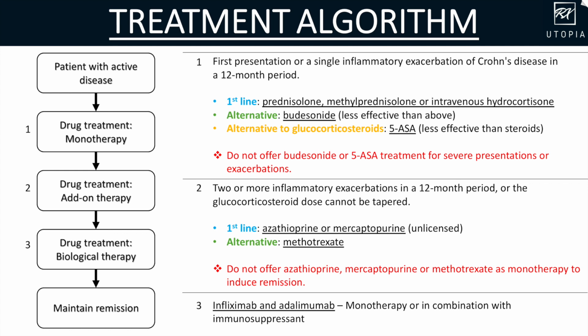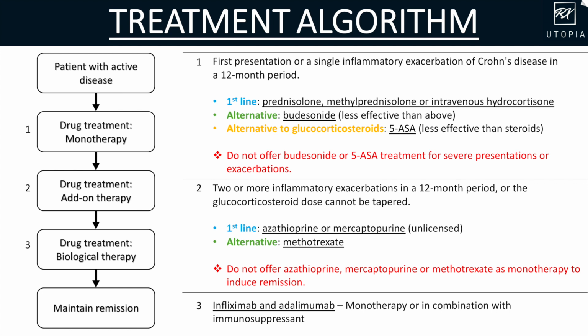Add-on treatment is prescribed if there are 2 or more inflammatory exacerbations in a 12-month period, or the corticosteroid dose cannot be reduced. Azathioprine or mercaptopurine as unlicensed indications can be added to a corticosteroid or budesonide to induce remission. In patients who cannot tolerate azathioprine or mercaptopurine or in whom thiopurine methyltransferase (TPMT) activity is deficient, methotrexate can be